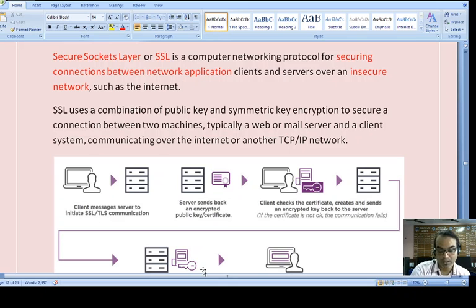So, what is the takeaway from this? SSL provides us the key. It may be a public key, it may be a private key as well, but in general, the keys are public to make a secure connection.